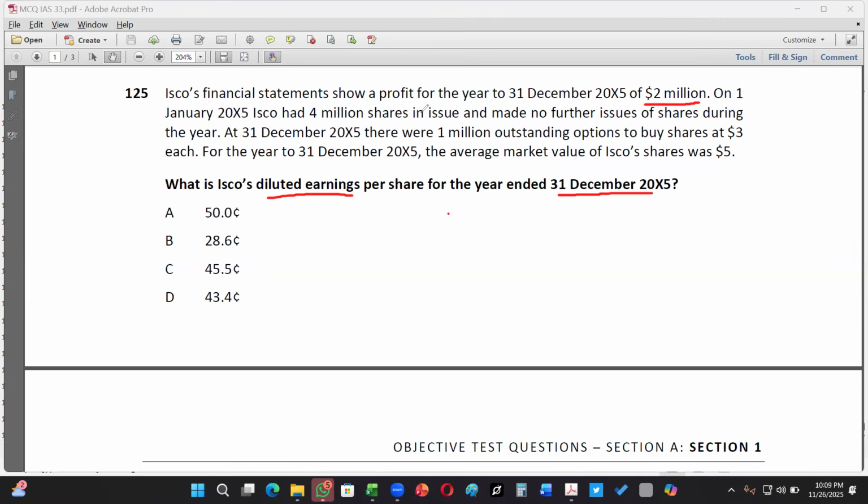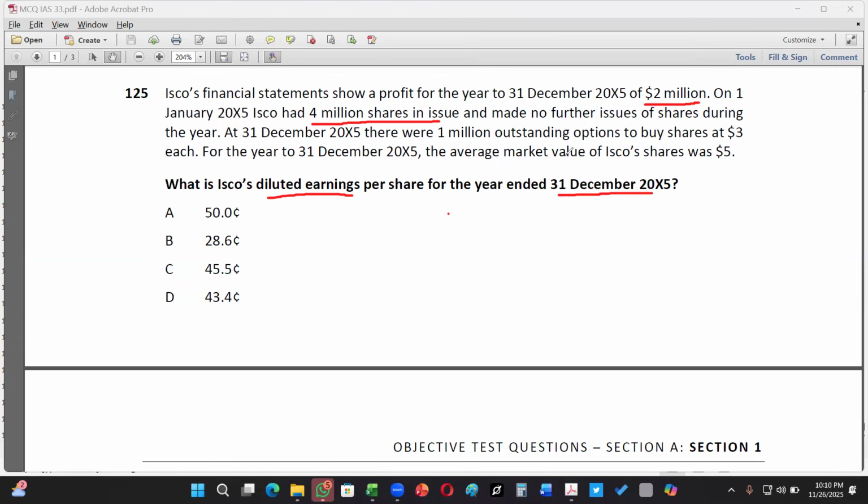However, on 1st of January 2025, ISCO had 4 million shares in issue. These are the existing shares. It made no further issue of shares during the year. But at 31st of December 2025, there were 1 million outstanding options. These haven't been exercised, but they are there. They can be exercised at any time. So if you want to calculate the diluted EPS, we are going to assume that they are. What will happen to the EPS if